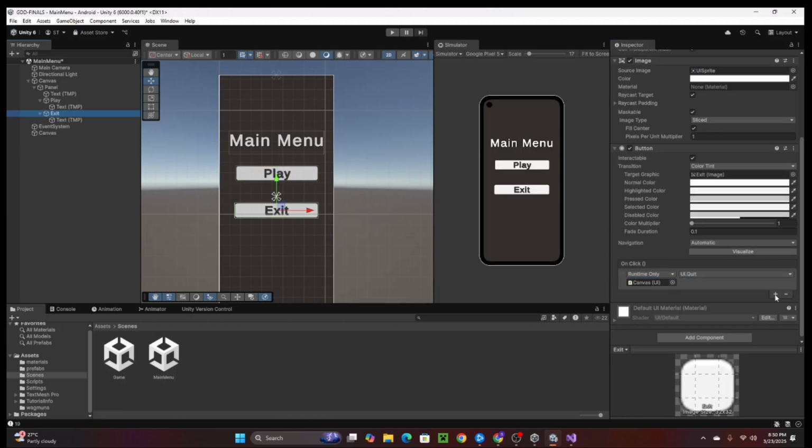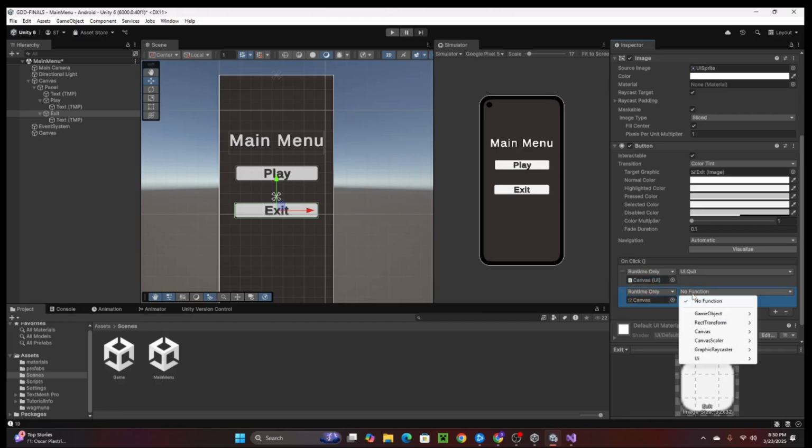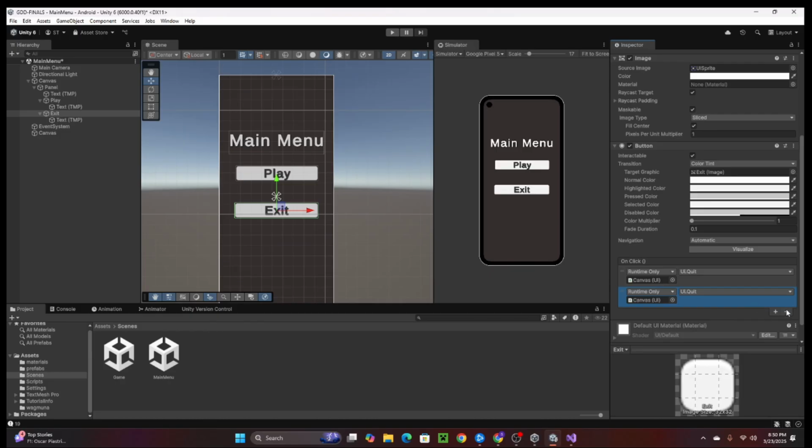After that, same goes to the Exit button. Add canvas, and then click No Function again, and click on Quit. After that, once you finish, in order for this to work, because this is a different scene,